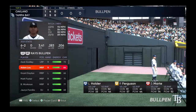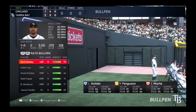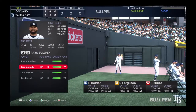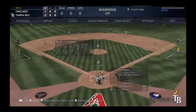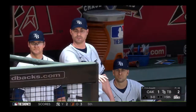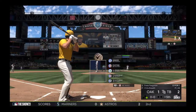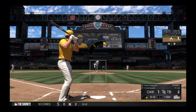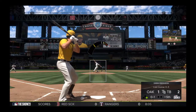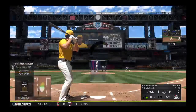Leading off for Oakland, the second baseman, Kyle Holder. Can't say that I see the logic in this one, but they'll go ahead and intentionally walk the leadoff batter. Now batting, right, first pitch on the way. Drew Ferguson is at the plate now, and he takes a called strike. Into the corner and slicing foul. Holder aboard here at